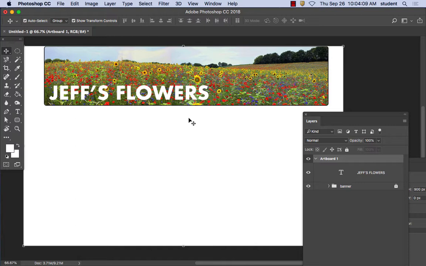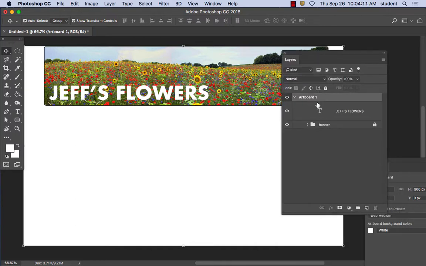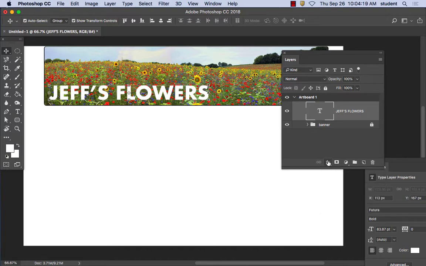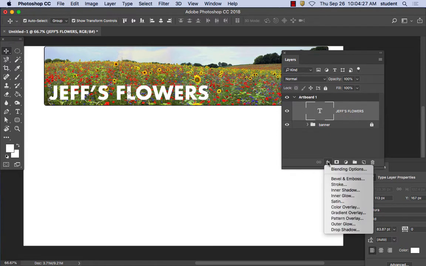If you go over here to the layers window, you'll notice you have my text here. You see the T for text right there. If you go down to the very bottom of the layers window, I'm going to bring this up a little bit. You'll see there's one that says FX. There's an FX at the bottom there. See that? FX. If you click on the FX, you'll see there's a whole bunch of options you can do